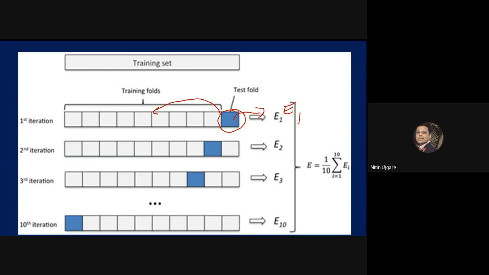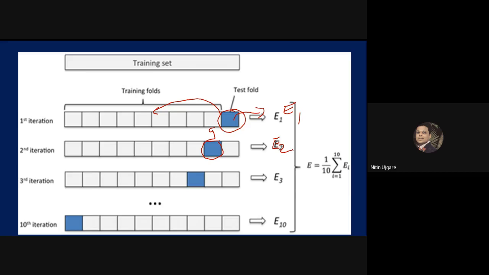Now the same process is repeated in the second iteration, only this time the test sample will be the 9th instance. We keep this 9th instance reserved for testing the model, and all the remaining 9 samples are used to train the machine learning model. Then we check the error of the second iteration, represented by E2.